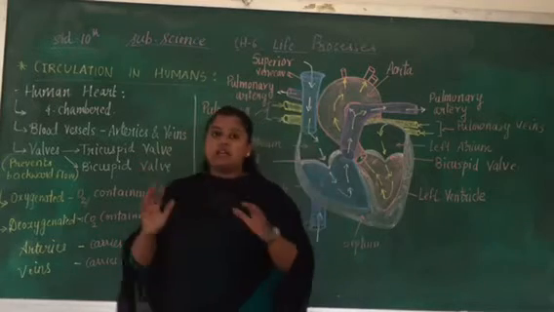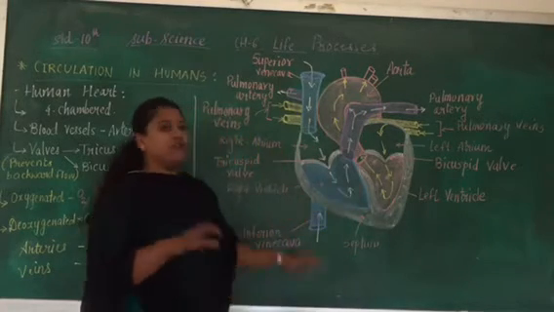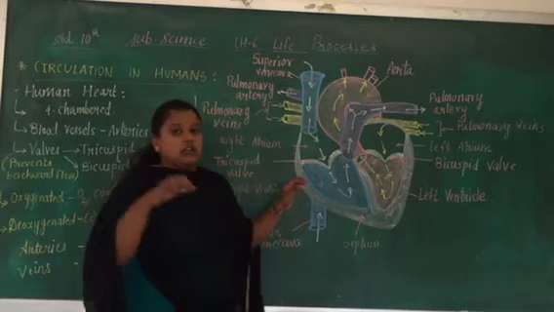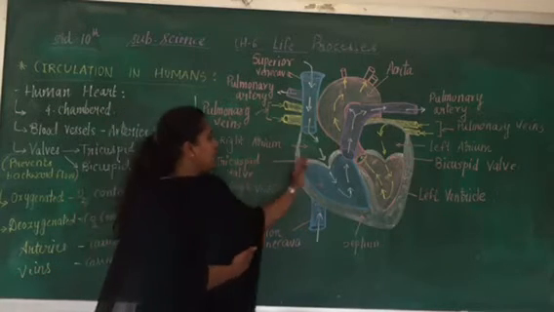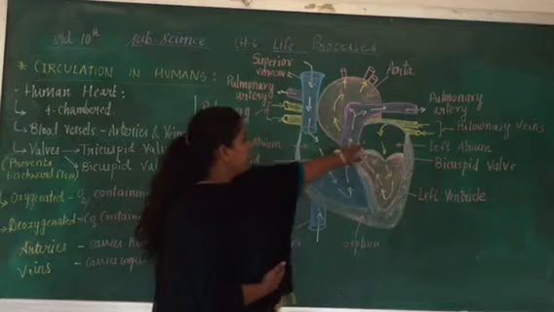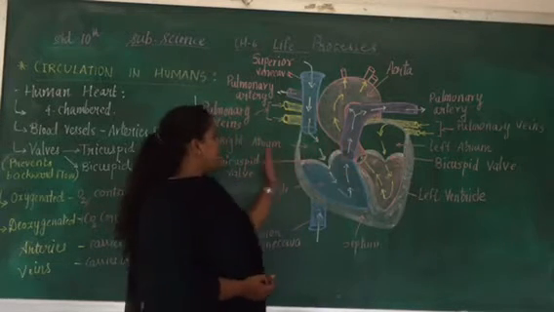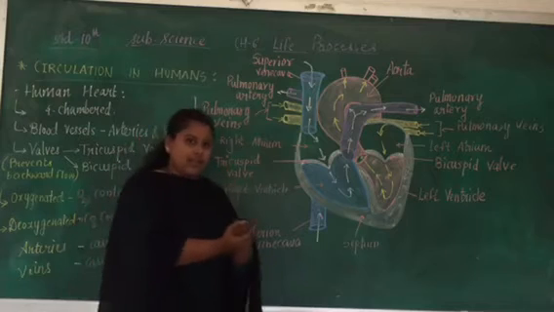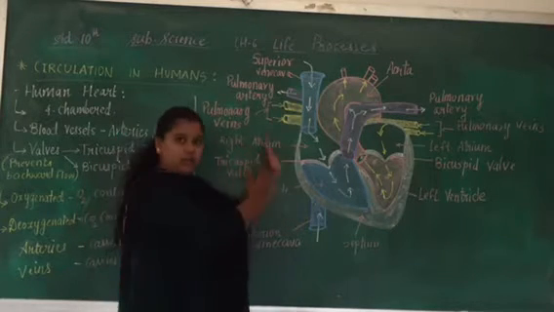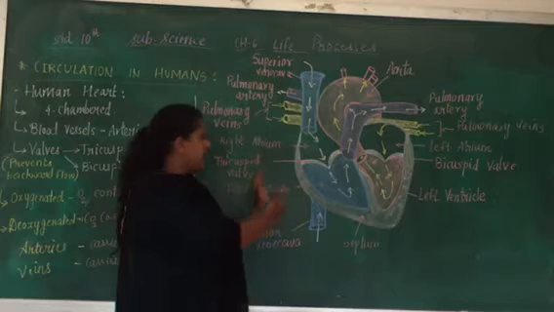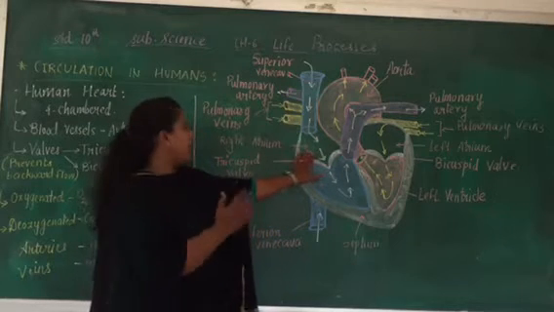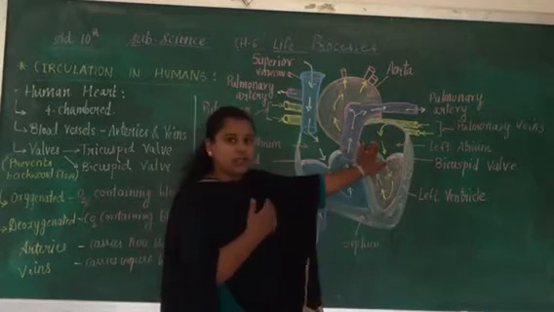So now we are dividing this human heart into 4 chambers. If you can see the figure, the upper 2 chambers are said to be the atrium. As this is present, your left hand side will be the right atrium of the figure, right? That means this portion is said to be the right atrium and this is said to be the left atrium.